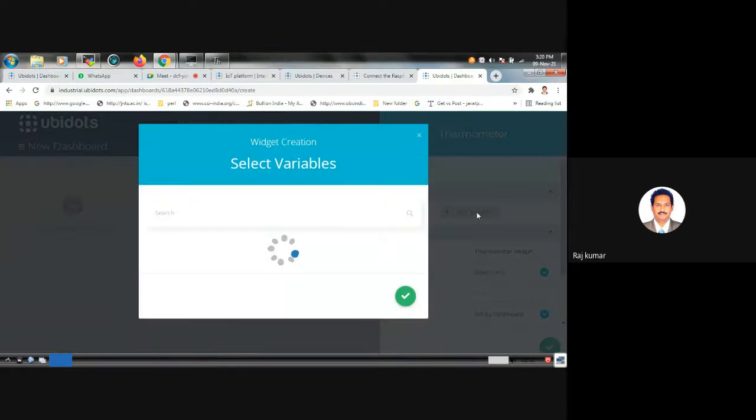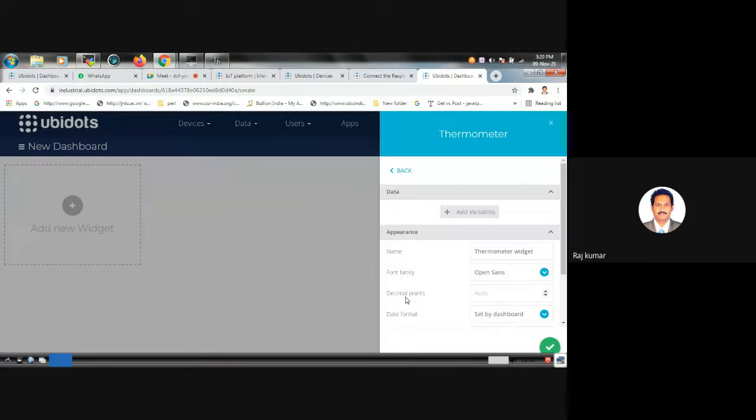So now to retrieve the value, actually the device has not been set.